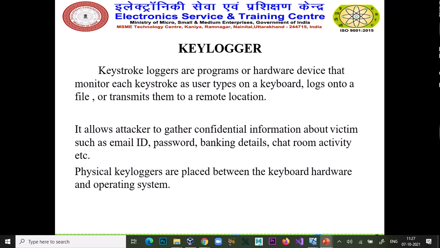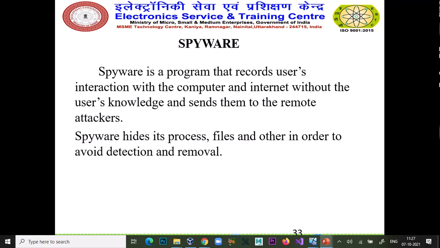Physical keyloggers are placed between the keyboard hardware and the operating system. Here I will use a software keylogger because we don't have any physical keylogger.